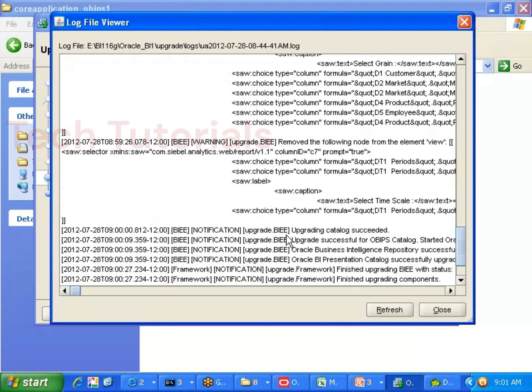Take that error message and search in Google with it, because OBIEE 11g upgradation is new for all, right? If you ask your friend also, that person may not be aware of it. Correct or not? So better to go for Google. I don't think you will get almost all the answers in Google either, because it's a new thing, so people will not have posted those things. Okay, if you are lucky then you'll get it. By seeing the error message only, you may be able to answer most of the things. If you are not able to answer, the next option is Google. If Google is also not able to answer,